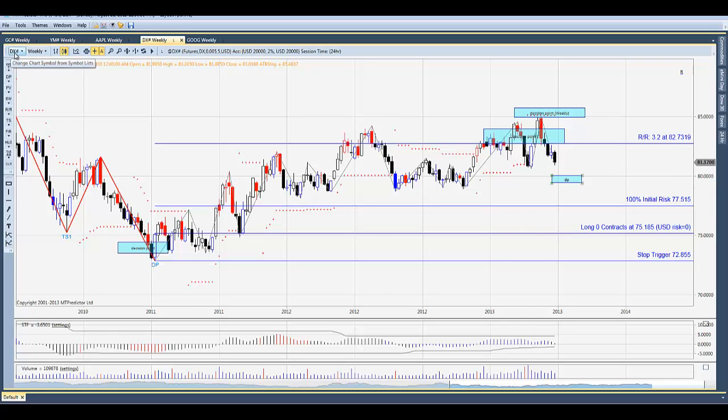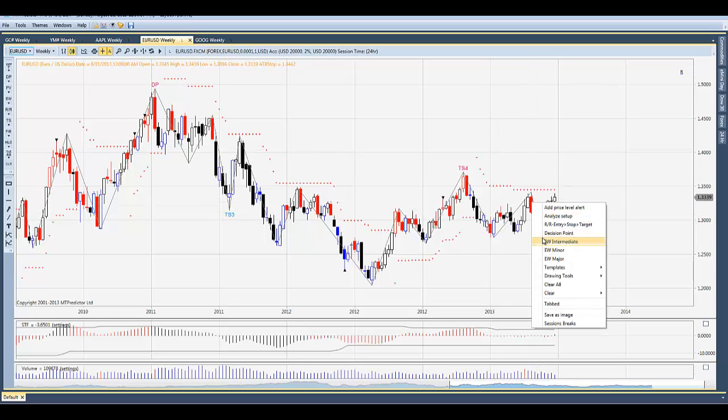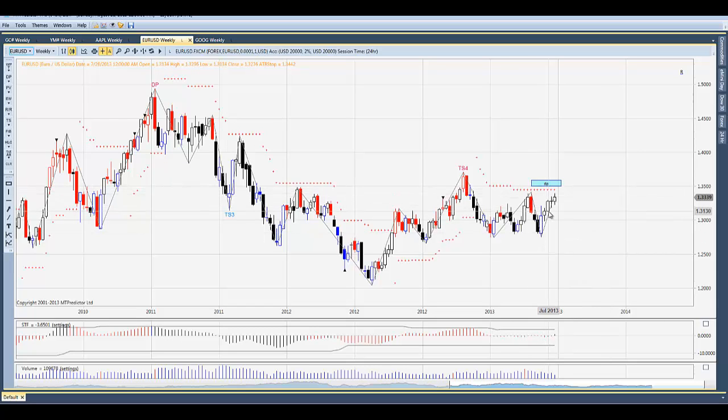And then maybe finally just take a look at the euro. Where's my Forex? I'm going to look at the euro US dollar here. So obviously, as the dollar has been selling off, the euro has been rallying. Again, it'll have some minor resistance up here at 135. This sell signal